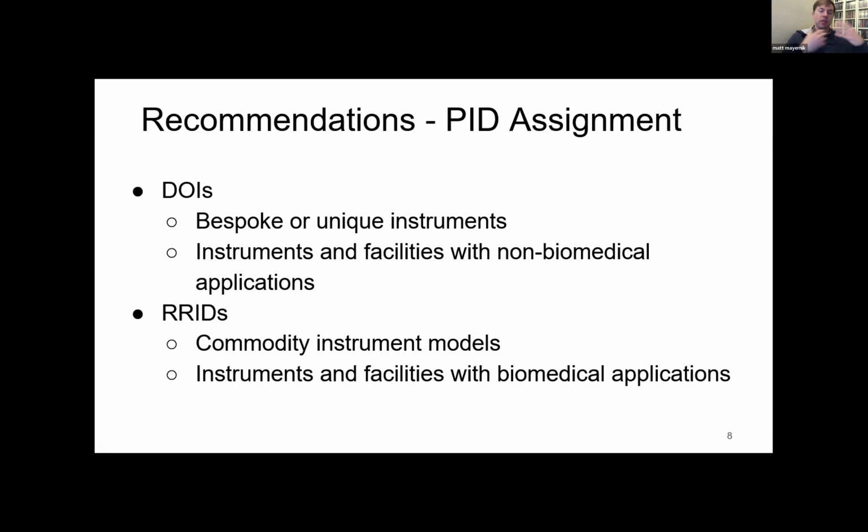So this would be microscopes that could be purchased that have many different instances of those. They're not trying to track every instrument that exists in every location. Their identification system is focused on the model level. So if you're purchasing commodity instrumentation in a biomedical application field, again, this might be a good system for you. In terms of the RORs, I think we're somewhat agnostic on whether folks assign facilities RORs,